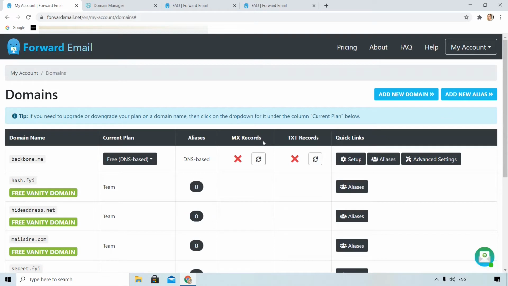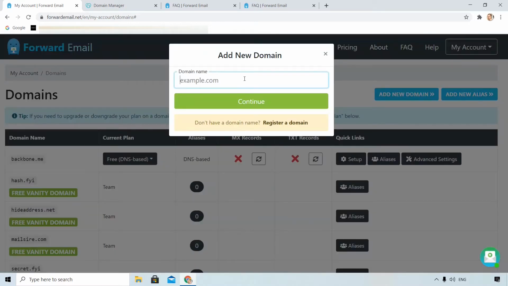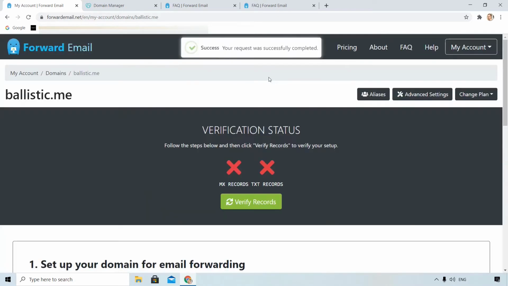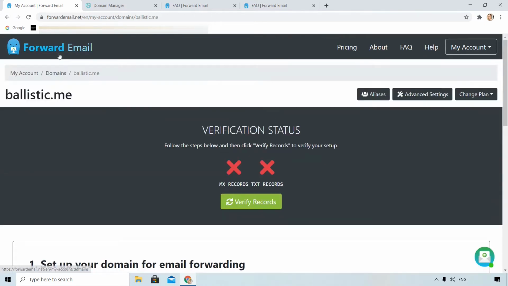I need to type my password in the next step, but because I have already done that, the system just redirects me here. Now, you need to add a new domain. In my case, I have already added one, backbone.me. Let me show you how it looks after you click continue. You will see that interface.